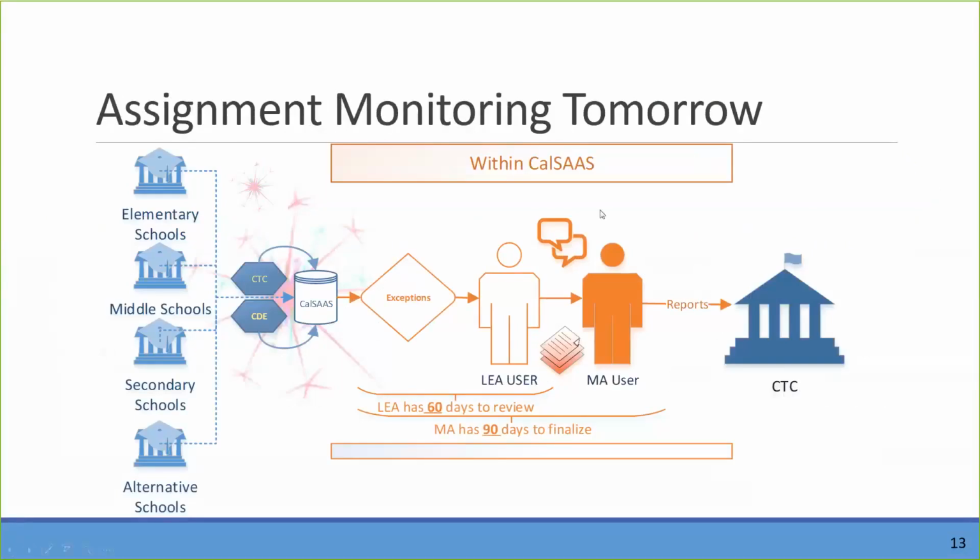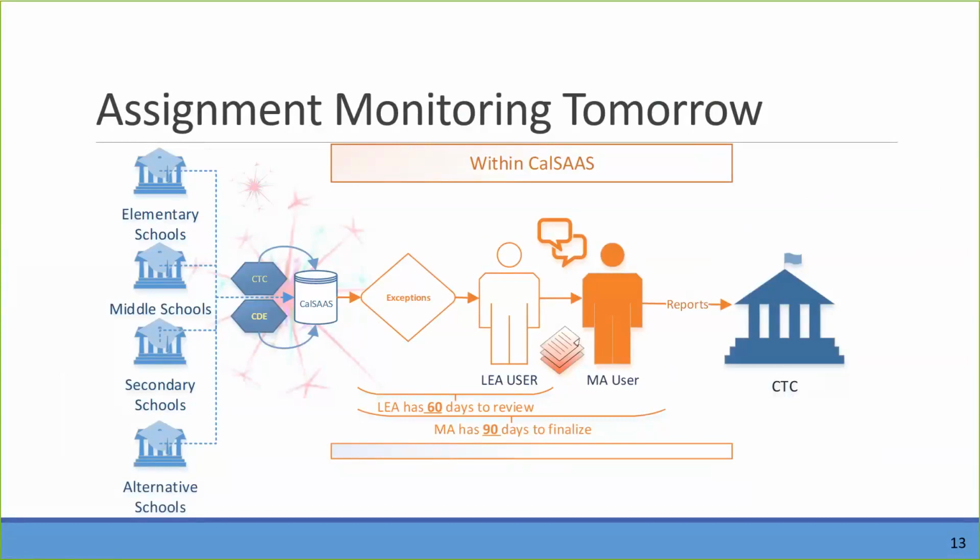So what's the time frame for all of this in the new CalSAAS system? If the bill passes how it's set up right now, the LEA user has, from the day that the exceptions are uploaded into the CalSAAS system for viewing, 60 days to review those exceptions from the time that they're uploaded.